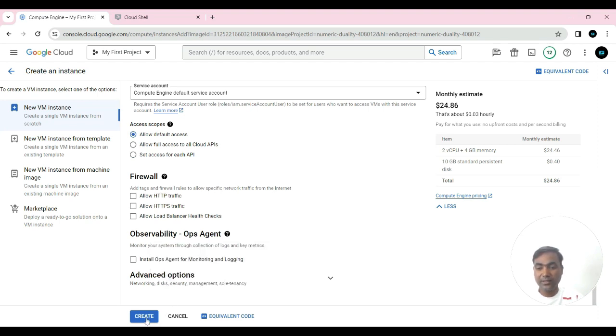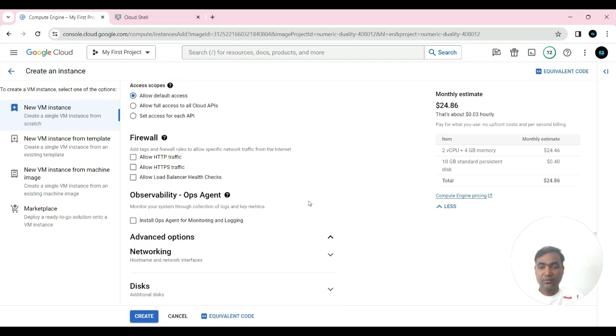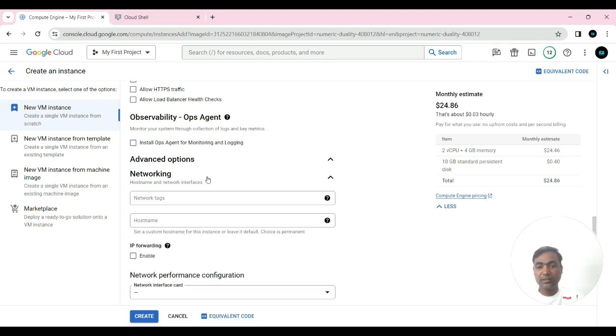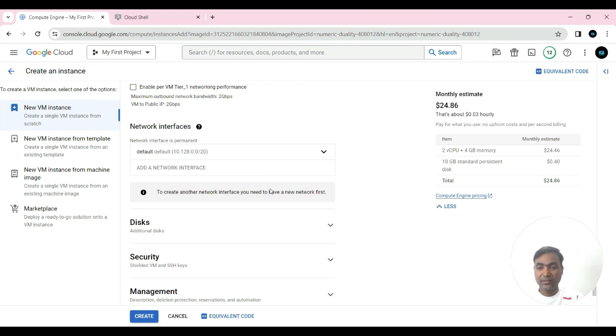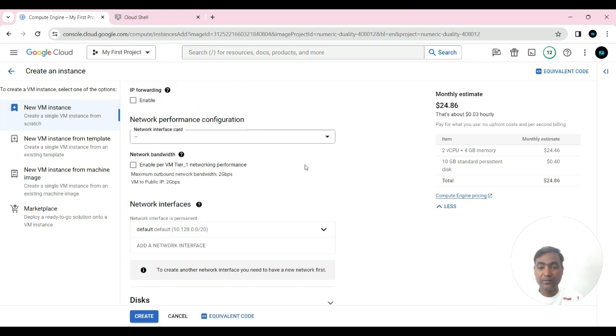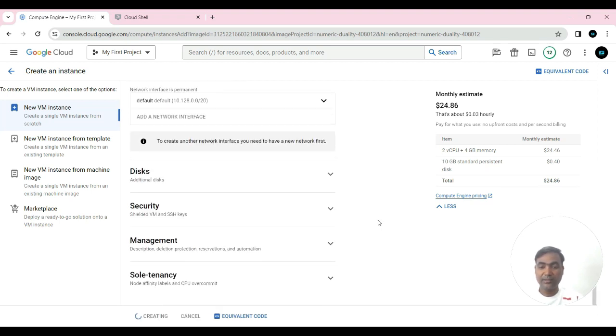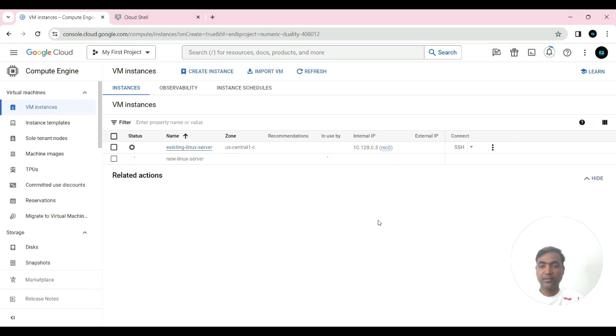Then click on create. For example, in real-time project work, if you select your networking section, this is a very important section. You can select your private VPC and subnet based on your project requirement, but I don't have any private VPC till now, so I selected default here. I'll show you in an upcoming session, after I give some idea about what a VPC is and how to create a VPC. Now you can click on create here and wait a couple of seconds to create your